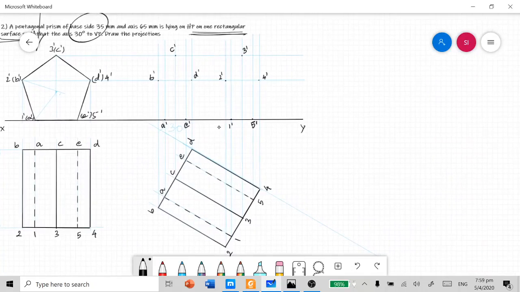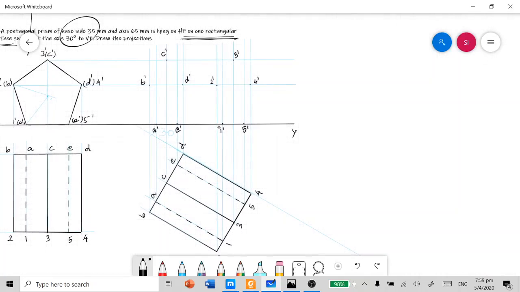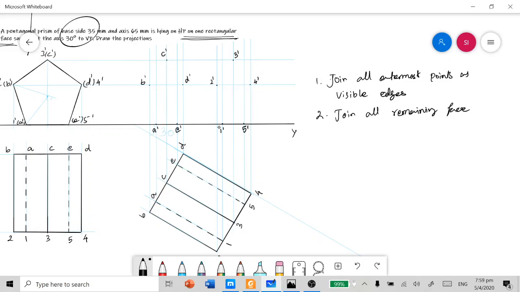In order to connect the corners, we can follow our regular rules. Rule number 1: we join all the outermost points as visible edges. Rule number 2: we join all remaining face corners as visible edges.